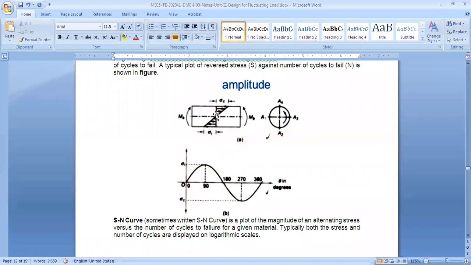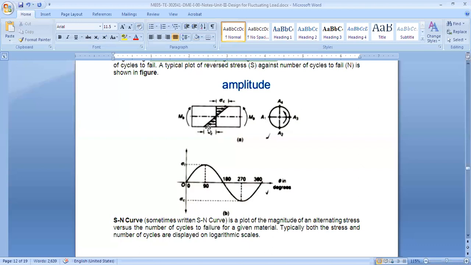Now, what are the different stresses in the shaft? There will be a neutral axis at the center. The top portion will be under compression, all the fibers at the top, and the fibers below the neutral axis, at the bottom, will be under tension. Are you getting it? So when we put a load on the shaft, it is not stress free, even though it is not rotating. It has a stress. The stress goes on increasing, and at the extreme fiber it will be maximum.